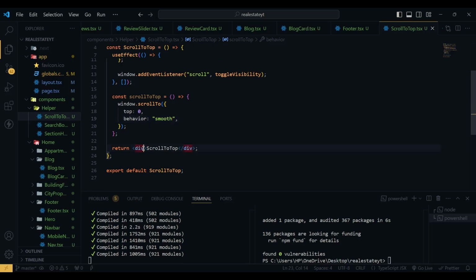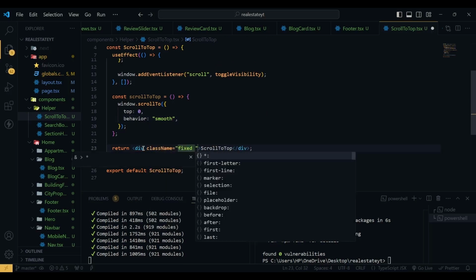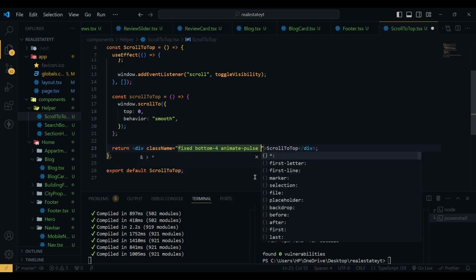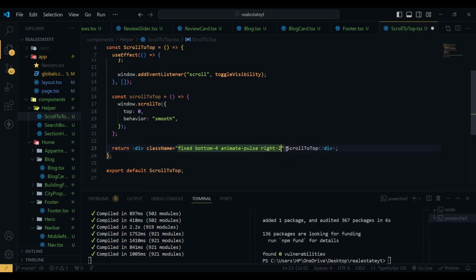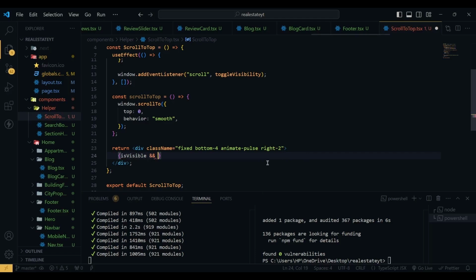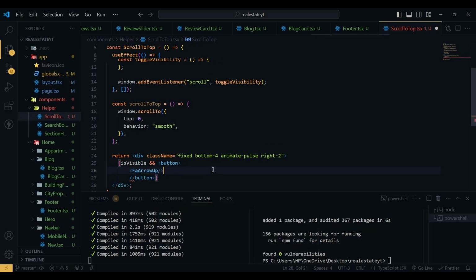So for the first div we have a className of fixed, bottom will be 4, and we're going to add animate-pulse which is a Tailwind CSS built-in animation, and right will be 2, and inside this we're going to check if isVisible is true, and then we're going to show the button, and inside this button we'll have an arrow icon, so FaArrowUp, and the button will have a className of